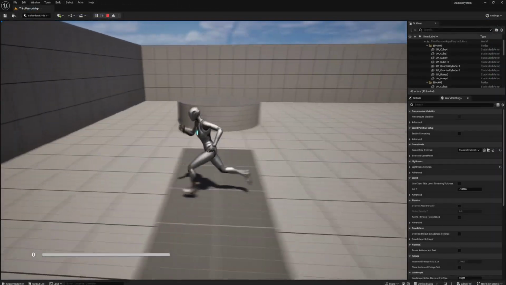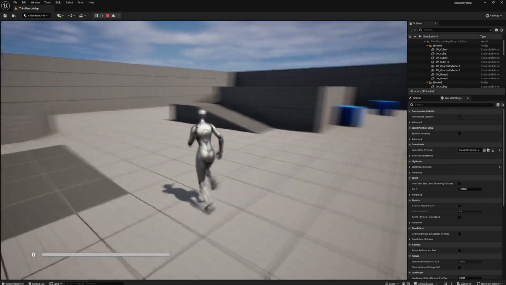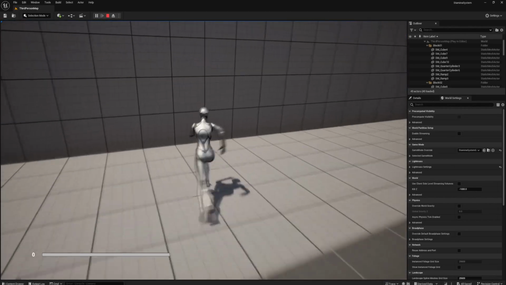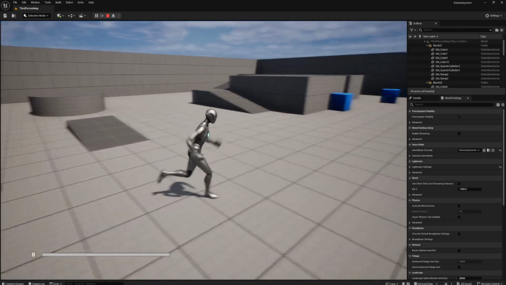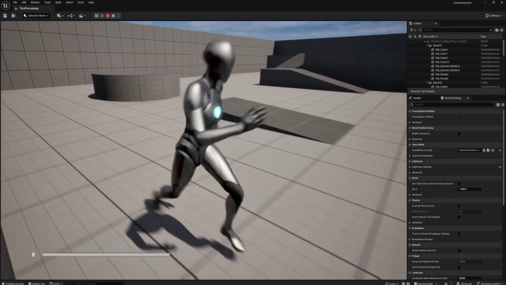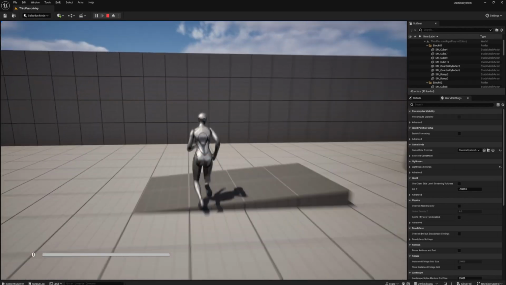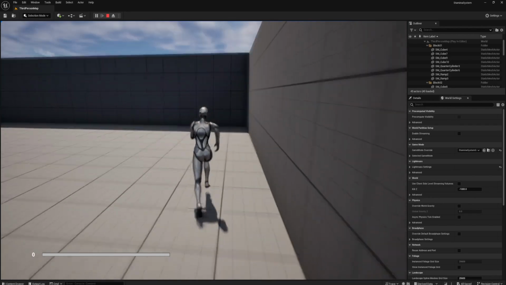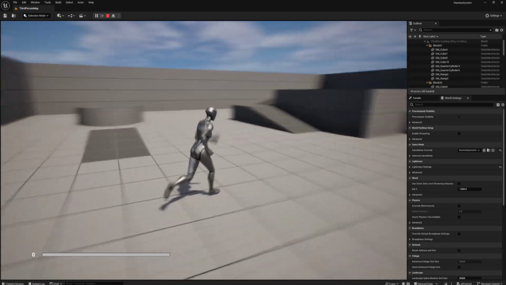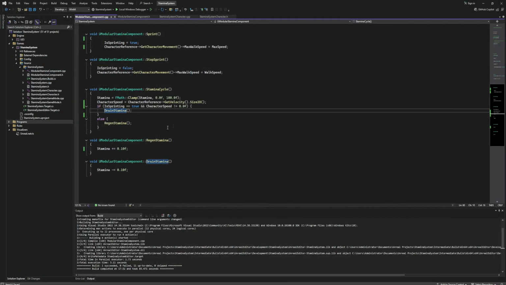And when we get exhausted, we want to not be able to run anymore, and we need to wait till our stamina gets regenerated to full. And yeah, basically you will see what I mean. I hope I explained it to you well. So yeah, let's do that right now. Go to your code editor,